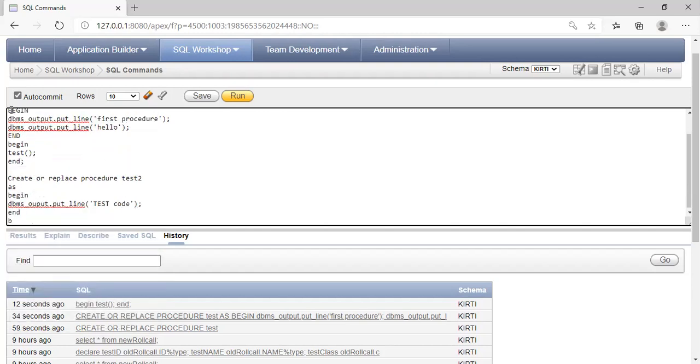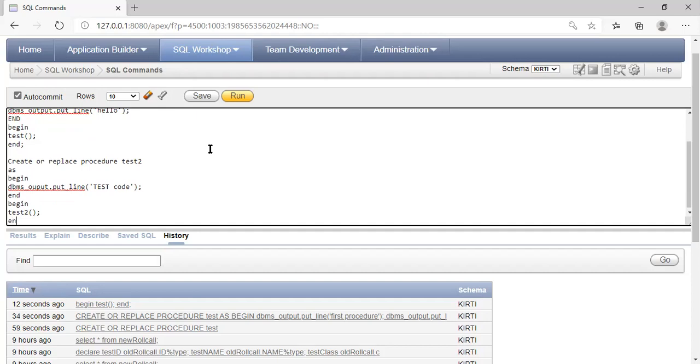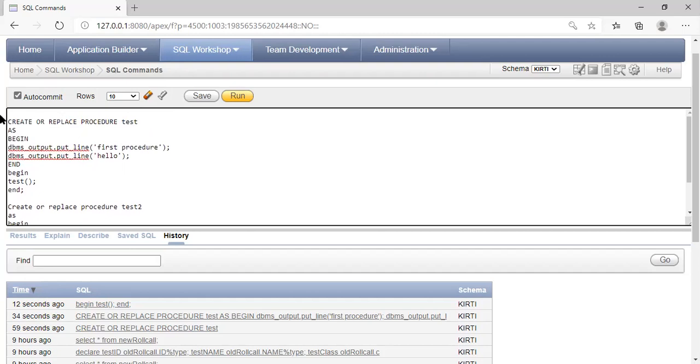Now I want to call the stored procedure. How to call the stored procedure? Here, begin. What is the name of my procedure? Test2. It is a stored procedure. So call that procedure with the function sign and end. I will show you one simple procedure.